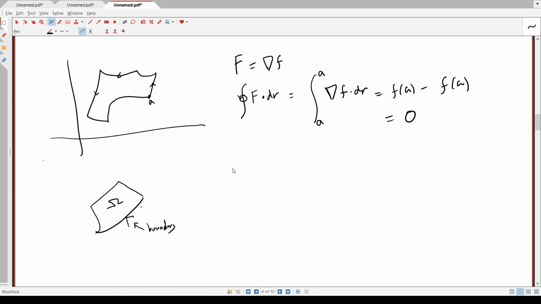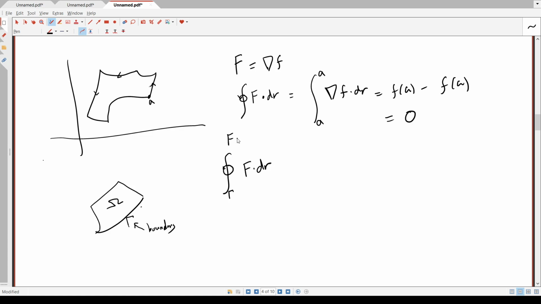Okay, so what we have is this: if I integrate along all the way around the boundary of some region,